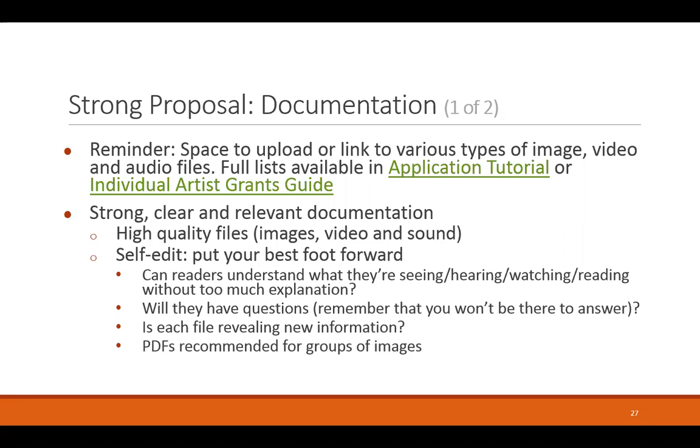There's also a full list available in the Individual Artist Grants Guide. It's page 14 and 15 of the guide, and it is basically showing you all of the potential file types that you could upload. One note about the information in the